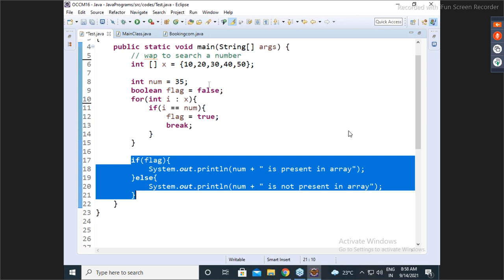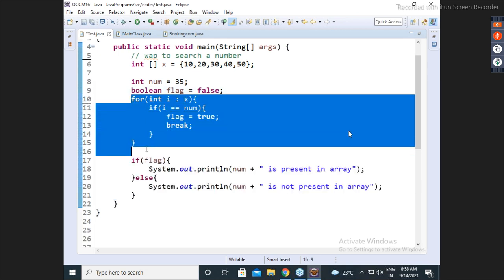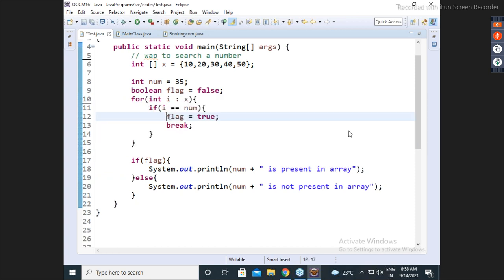So initially, if it is not present, then the value will be false only. If present, then only the value becomes true. Okay, who's next? Next program. Occurrence, I will not cover. Is everyone clear on that? Okay.